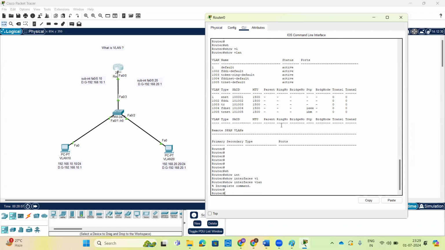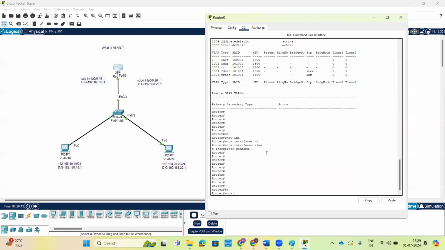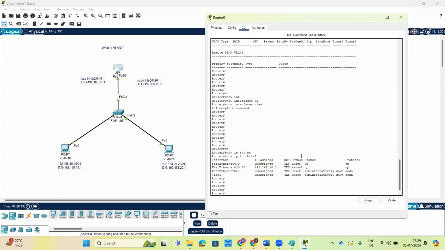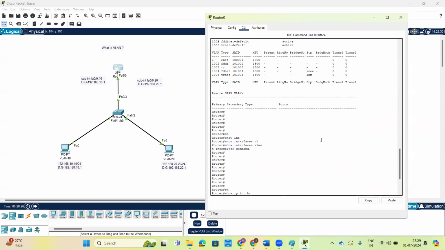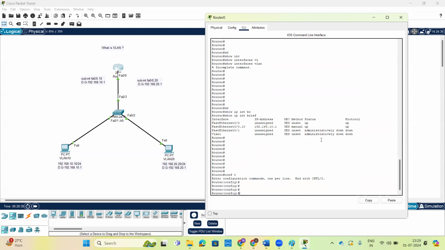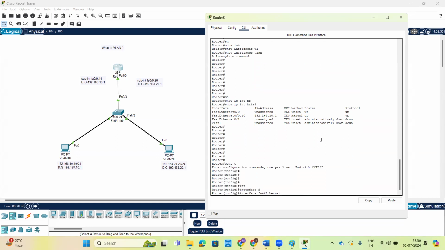VLAN. We haven't assigned that VLAN, and that is the reason it's showing. So, show IP interface brief, up only. So we have to create an interface, then another interface, fast Ethernet